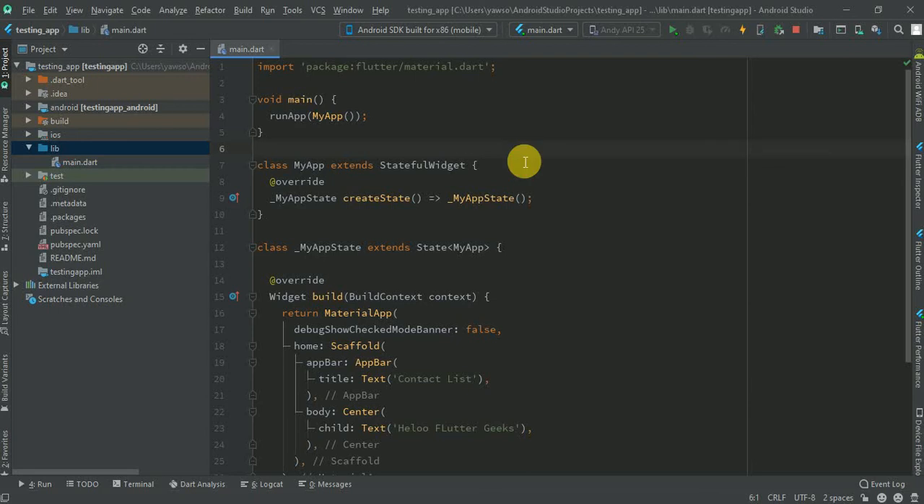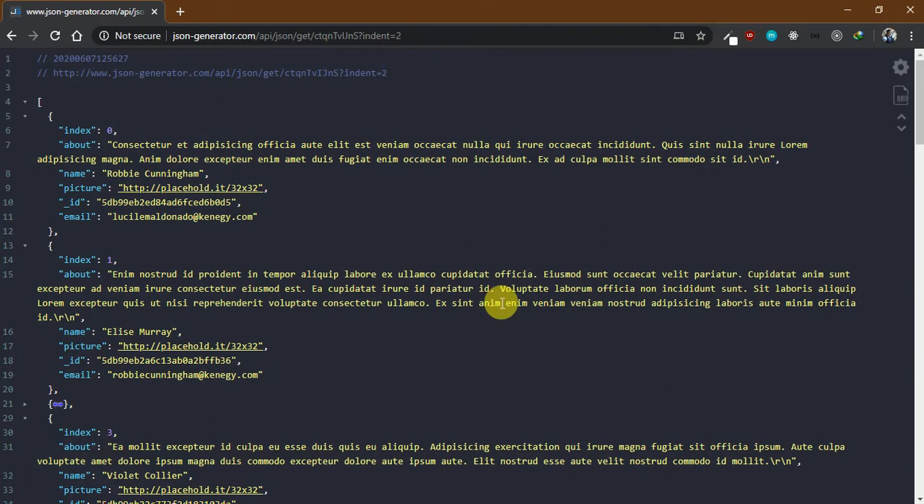Hi guys, it's your boy Andy here, and in today's tutorial I'm going to be teaching you how to get a list of data from an endpoint or a server and populate it as a list view inside your Flutter